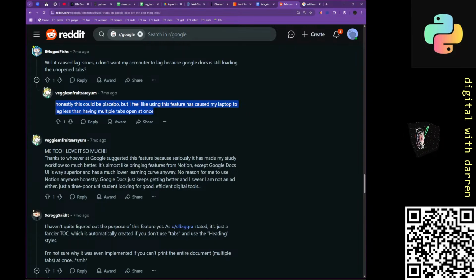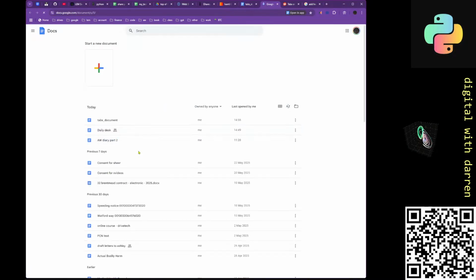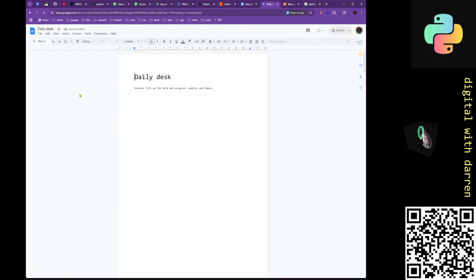Thanks to everyone who suggested this feature because seriously it's made my study workflow much better. I guess it will be good for things like this, right? I do physics, so if I've got some sort of physics lab thing, maybe it does relate. I'm going to try and open this in a new document actually. So open a new tab. There we go. And then go to the daily desk and then go over to,